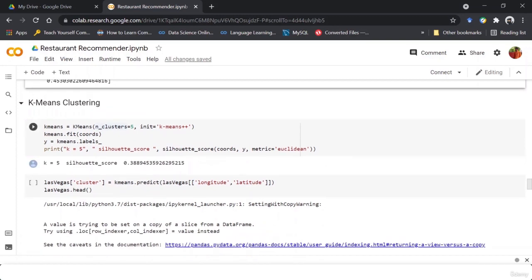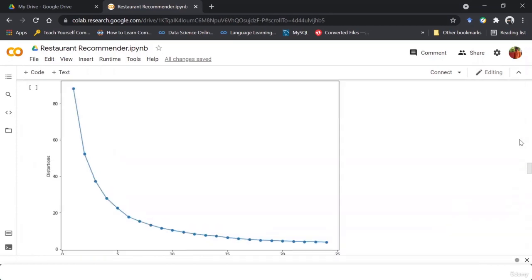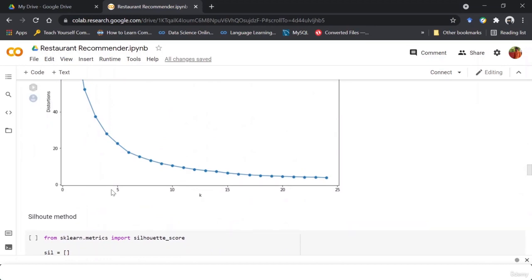But again, for simplicity, I've just inputted 5, which you can even see in the elbow method is the point where the rate of decreasing has diminished at a very fast rate.